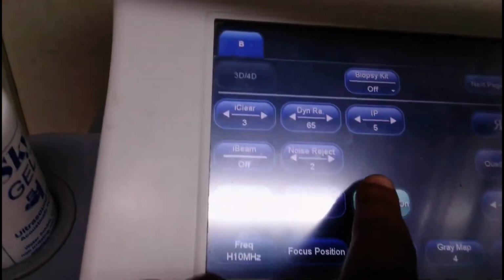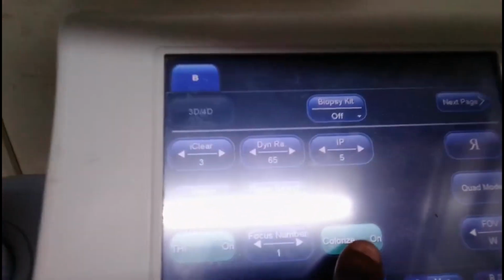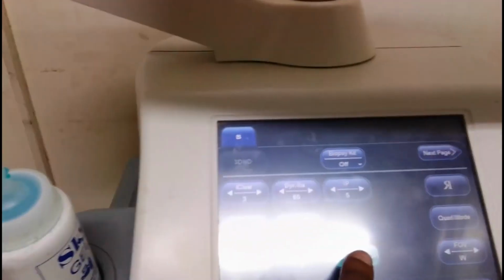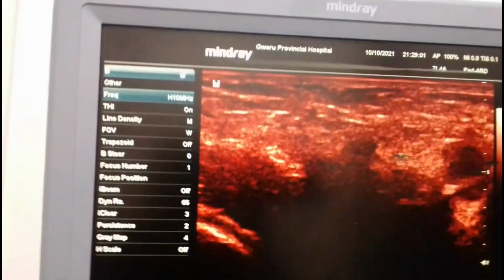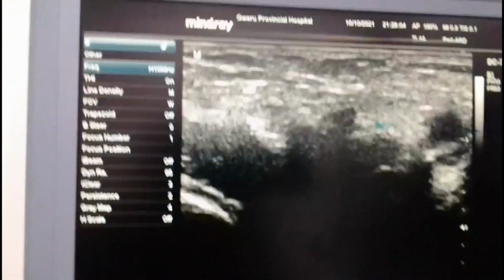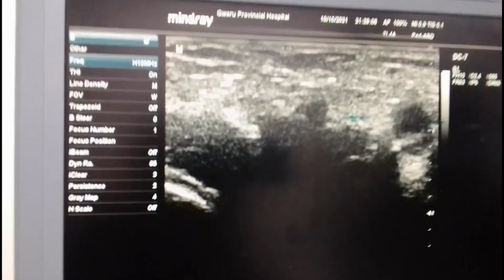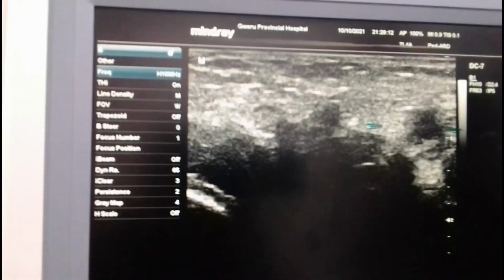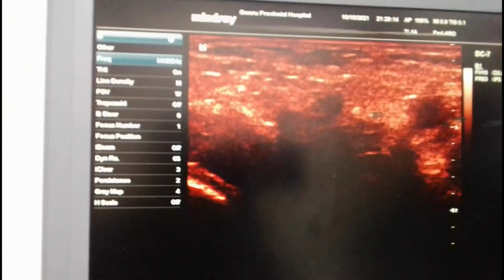Then if you turn off this color here, see the screen now. Let us turn it off. Turning it off. So you see what has happened. I am back to the normal grayscale, the standard gray map that you use. Let me turn it on. Turn it on. Then you can appreciate that the color is coming.